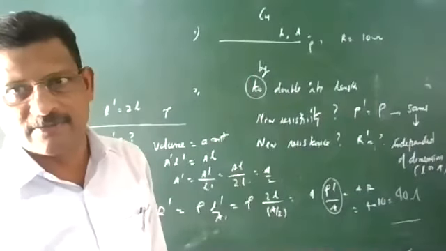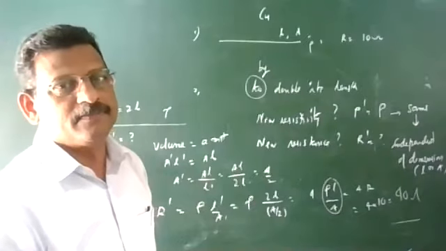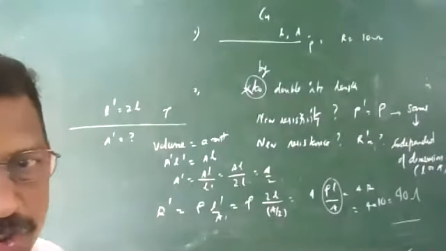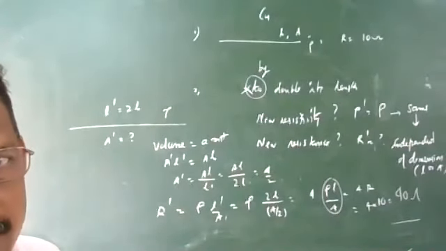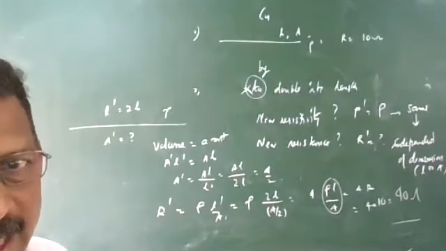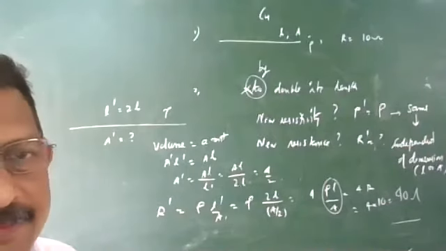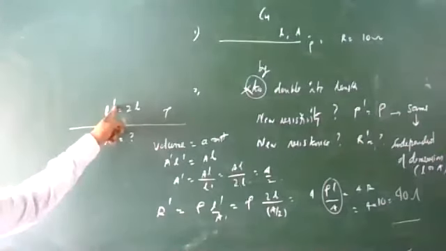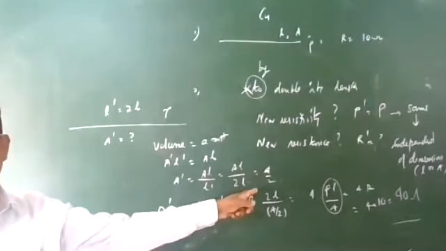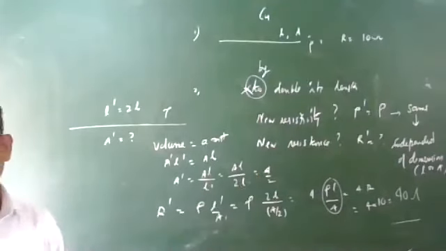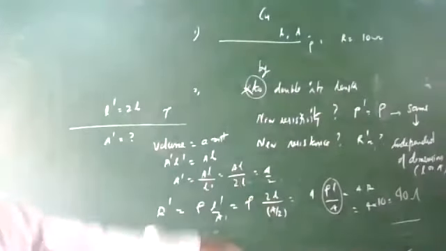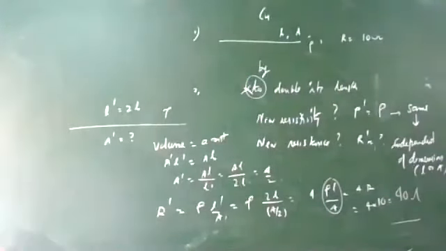Sometimes, to confuse students, the question says stretched by double its length instead of stretched to double its length. So what is the new length here? Same question. I have seen in the question paper, stretched by double its length means the original length L plus double of it added. So total length will be 3L. L dash is 3L, the volume remains constant so A dash will be A by 3. So the resistance will be 3L divided by A by 3, which is 9 times. 9 into 10 is 90 ohm. So that is the type here.